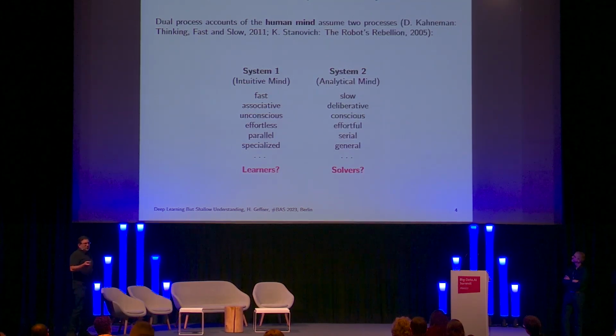What is one of the biggest differences between this dual account of the human mind and this dual account of the state of artificial intelligence research? The main difference is that in the case of the human mind, these systems are continuously talking to each other, while in the case of AI, these two threads in AI research are so far not very well connected. So how do they talk to each other?